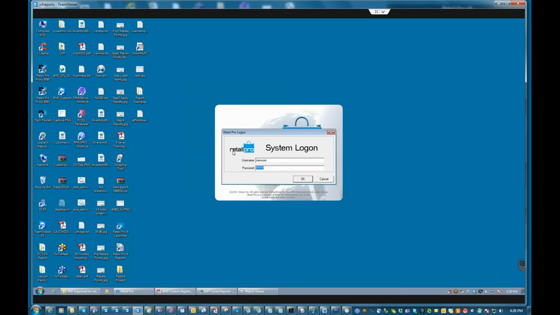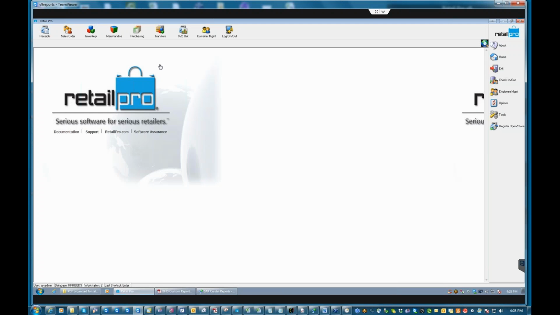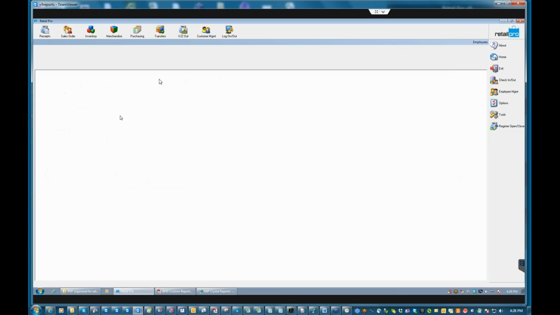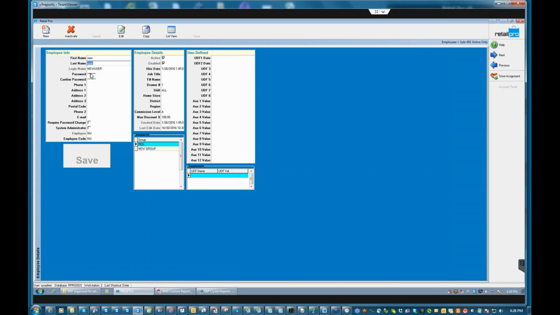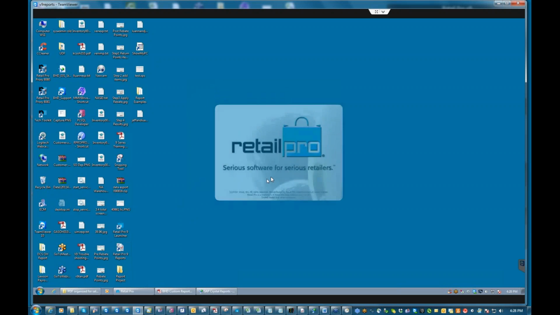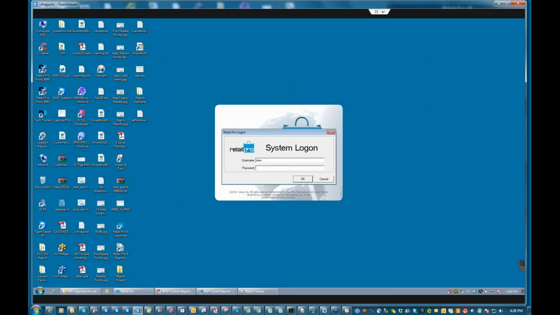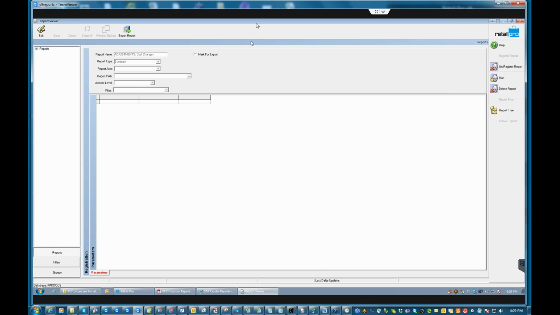Okay, probably just password. Nope. Okay, so since I don't know what new user's password is, I'm just going to change it. All right, so new user, view. All right, so now that I know what the login is, so when I go to reports,